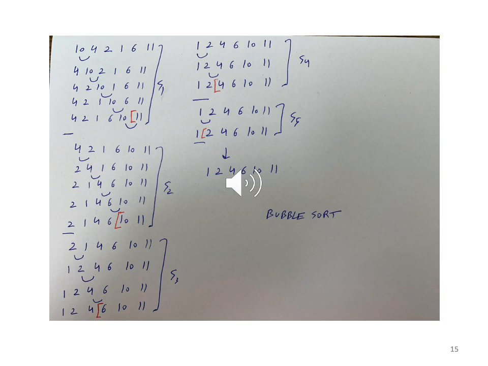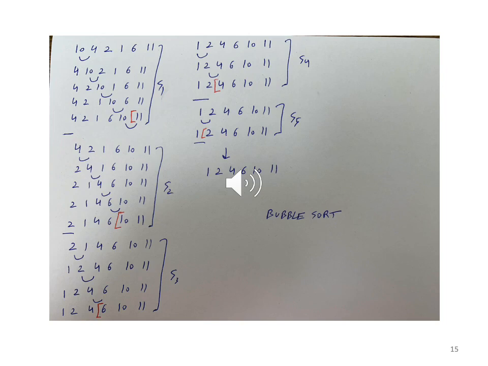Looking at 1, 2, 4, anyway they look sorted, but we still have to compare and swap if necessary. Comparing 1 and 2, start of stage 4, they are within sequence, no swap. Comparing 2 and 4, within sequence, no swap. So now 4, 6, 10 and 11 are in sequence, end of stage 4. Now we only have to look at 1 and 2. 1 and 2 within sequence, end of stage 5, and now 1 is already at its appropriate position. So now we can say that the array is sorted.